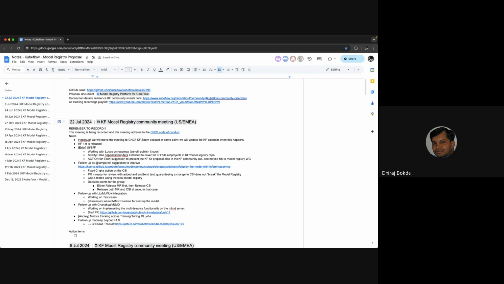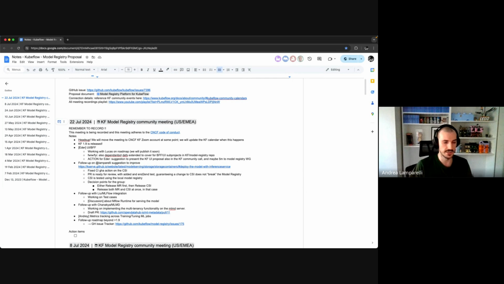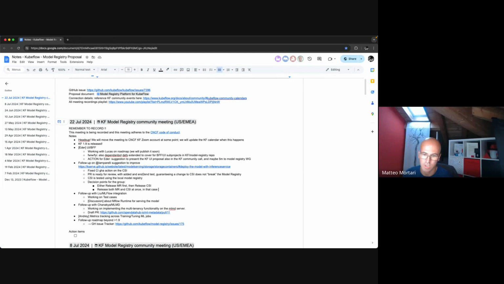The real administrative problem is that we'll have to figure out the location of the CSI release and so on, right? I don't think we have a Docker registry designated for it or anything, right? No, I don't think so. We have just the model registry one. So not yet, but we can ask.